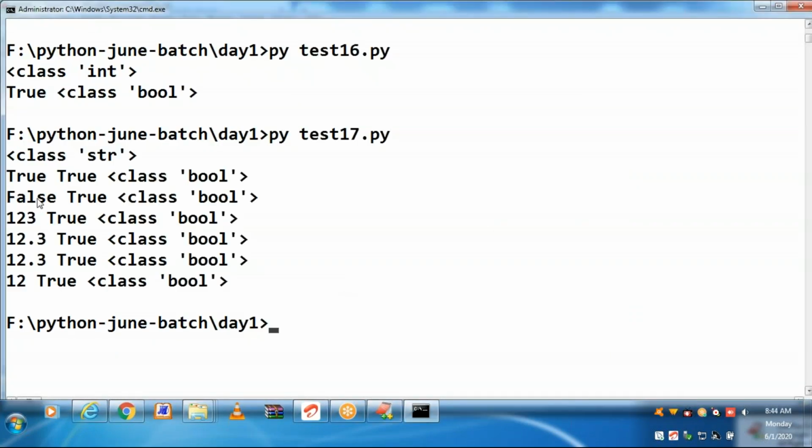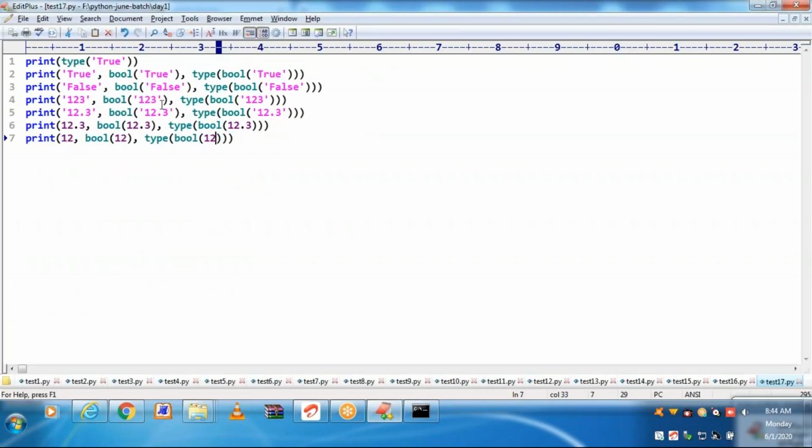Even for content false, it is getting a true only. Check it out. Whatever you are supplying, for that just true only.